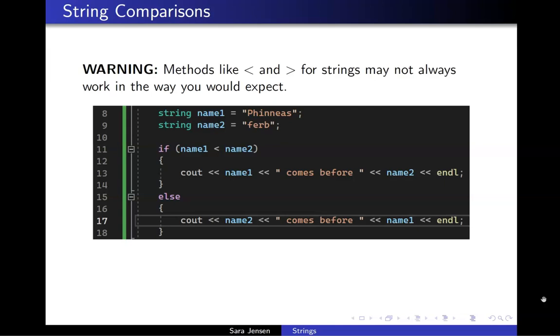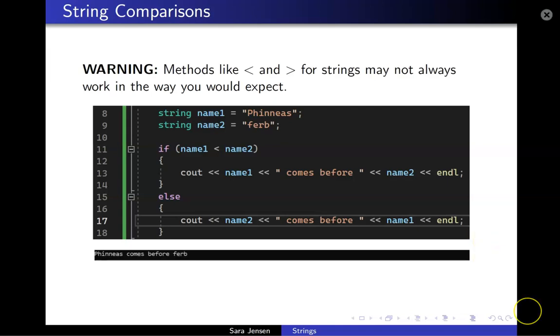Lines 11 through 18 provide code to help us figure out how the computer relates the contents of name1 and name2 to one another via the less than symbol. If the computer thinks that name1 comes before name2 via the less than symbol, then we will see name1 comes before name2 printed to the console. However, if name1 is thought of as being greater than or equal to name2, we will see that name2 comes before name1. When we execute the code shown here, the computer tells us that Phineas with a capital P comes